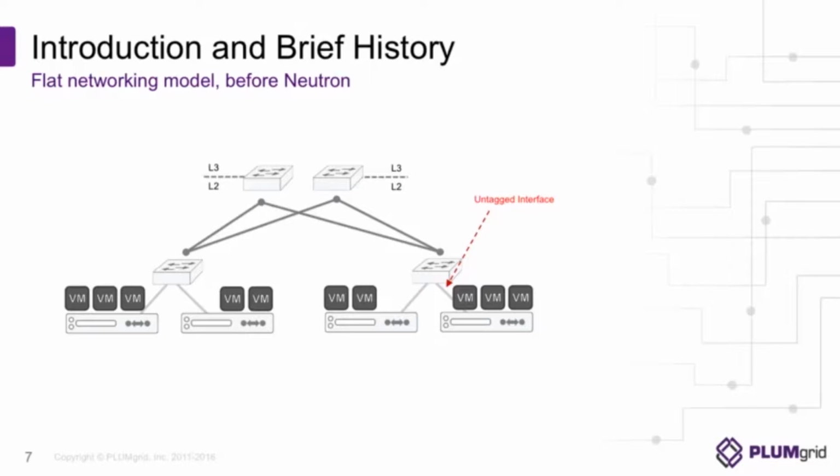You couldn't get overlapping IP address space. And for layer 3, the first hop routing is achieved by your physical network, or you can achieve it with the L3 service in OpenStack. So meanwhile, while people were using that,